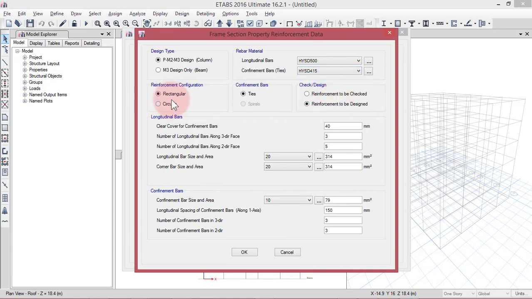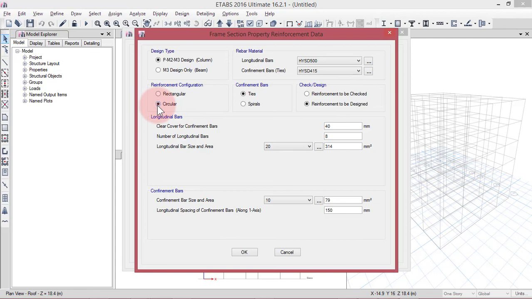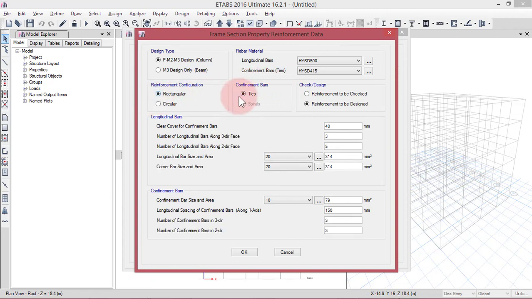If your columns are rectangular, then we have to provide the ties, that is the confinement bar. If it's a circular column, we will get two options, ties as well as spiral reinforcement. In our case it's a rectangular column, so only the ties option will be there, and since we are designing our column, we have to choose the reinforcement to be designed option.